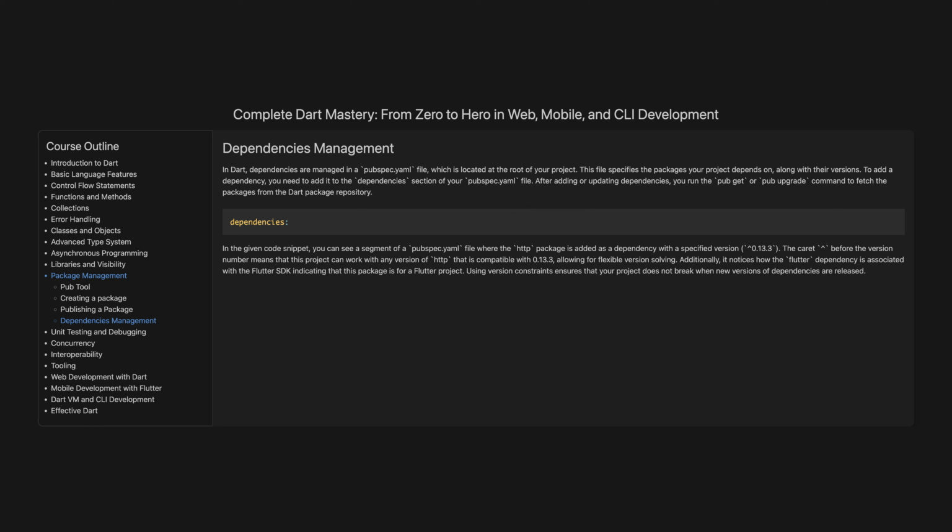Dependencies management. In Dart, dependencies are managed in a pubspec.yaml file, which is located at the root of your project. This file specifies the packages your project depends on, along with their versions. To add a dependency, you need to add it to the dependencies section of your pubspec.yaml file. After adding or updating dependencies, you run the pub get or pub upgrade command to fetch the packages from the Dart package